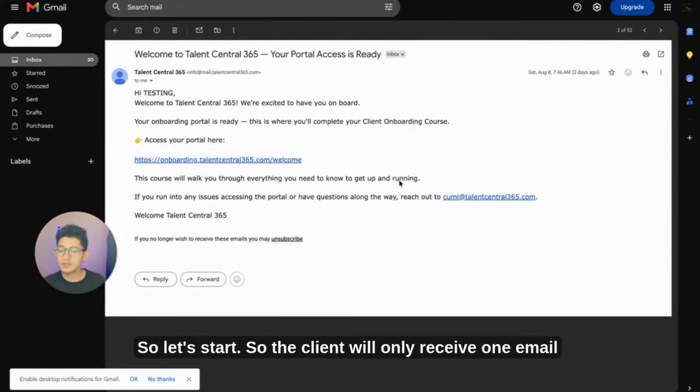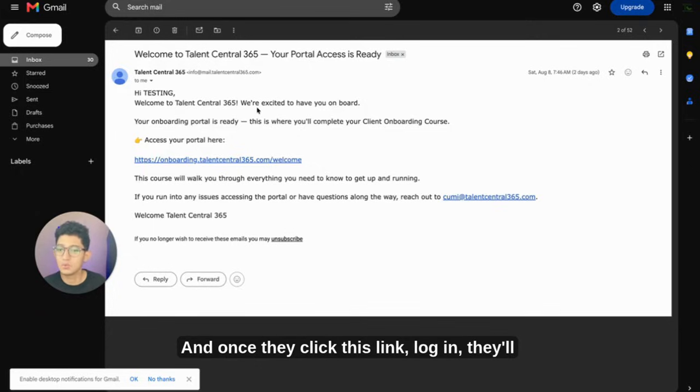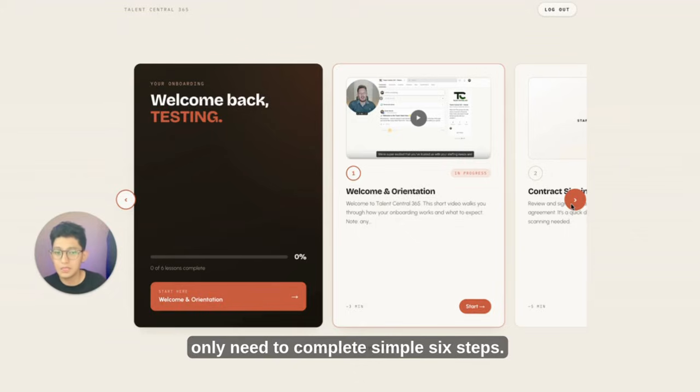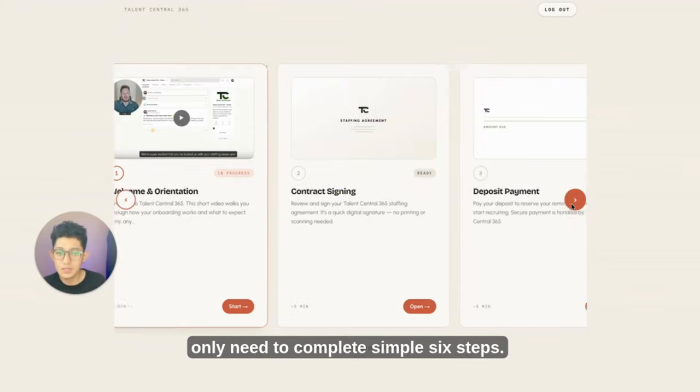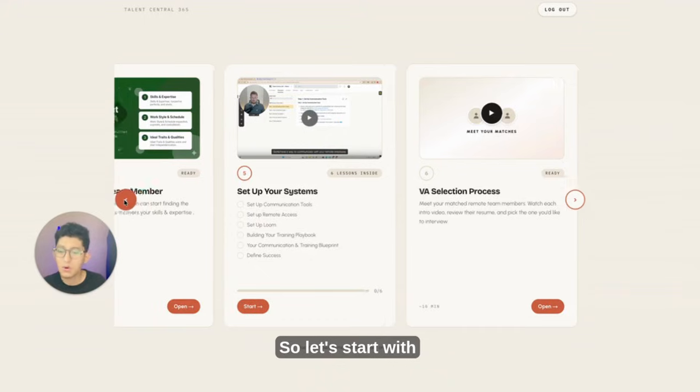So let's start. The client will only receive one email, and this is the email that they'll receive. It's basically just a link to the portal, and once they click this link and log in, they'll go directly here. In here you will see the client only needs to complete a simple 6 steps. So let's start